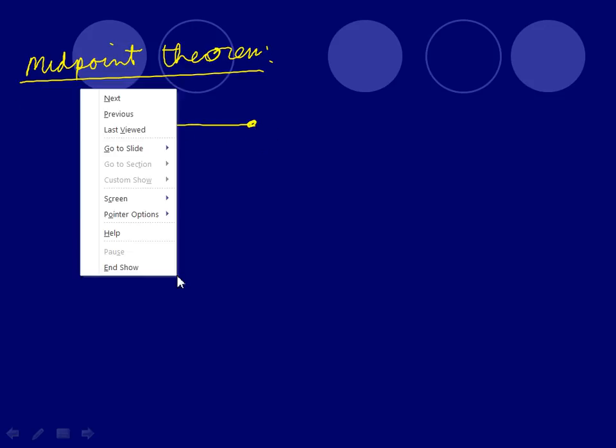Remember, a theorem is a mathematical statement that has to be proven true, where a postulate is something that we just take for granted is true. The midpoint theorem says if you know a point is a midpoint,